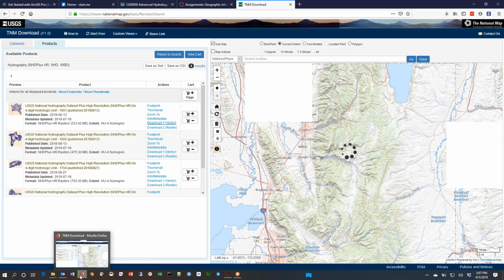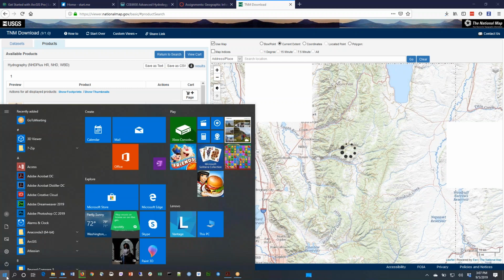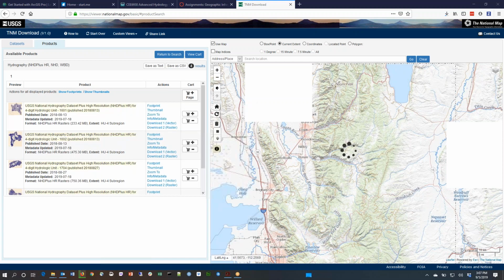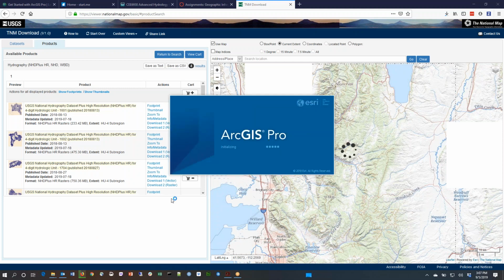In the meantime, I'm going to start ArcGIS and create a blank map document. So if you're following along on the exercise, we're on page 3, and we start ArcGIS by clicking on the Start menu. I actually have a shortcut that I've put on my taskbar, but I'll show you how you get it. Normally, you can find there's an ArcGIS group there, ArcGIS Pro. If I just click on that,